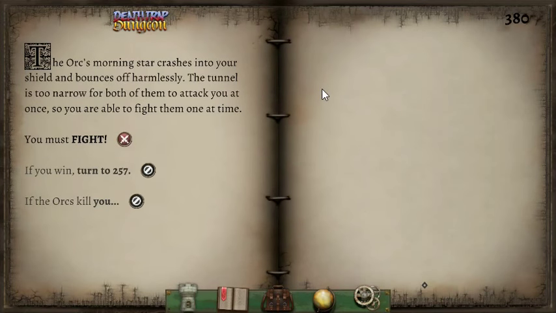Alright. The orc's morning star crashes into your shield and bounces off harmlessly. The tunnel is too narrow for both of them to attack you at once, so you're able to fight them one at a time. Great, you must fight. Alright, here we go. If you win, turn to 257. If the orcs kill you, ...